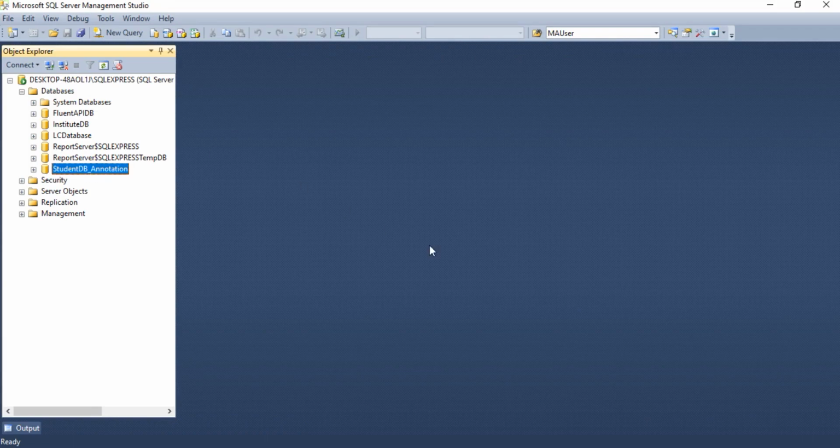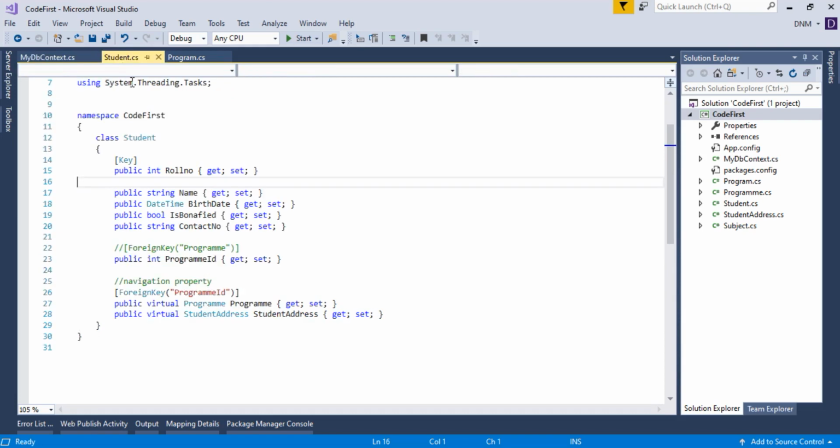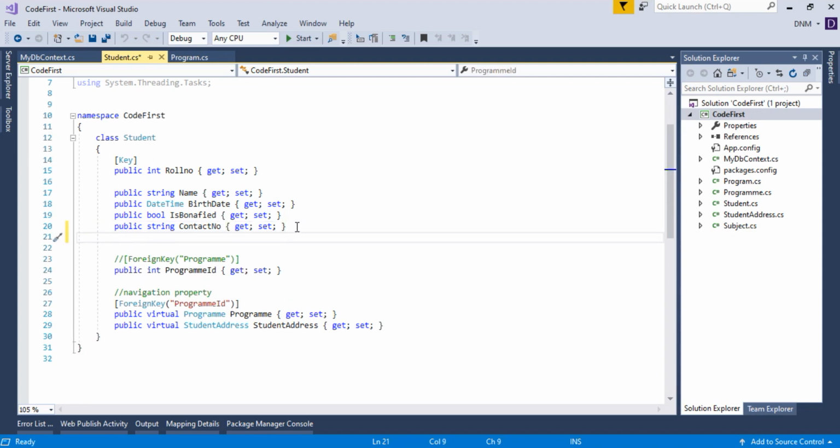Now what I'm going to do is change the schema. That means let us add one extra property, or extra column. Columns are represented by properties. So in the Student model, I'm going to add one property, say Email.